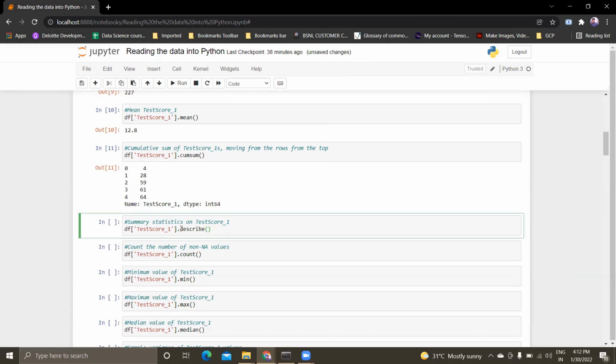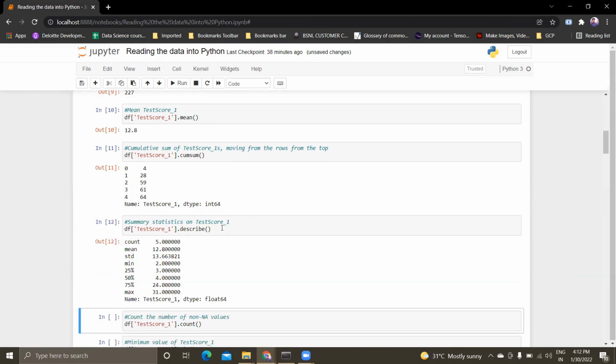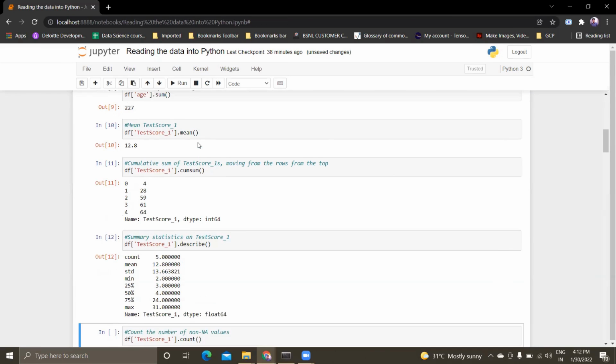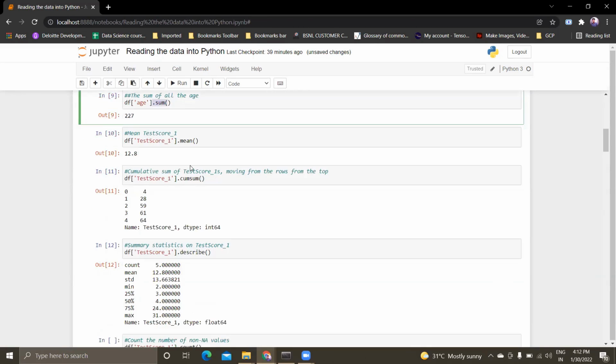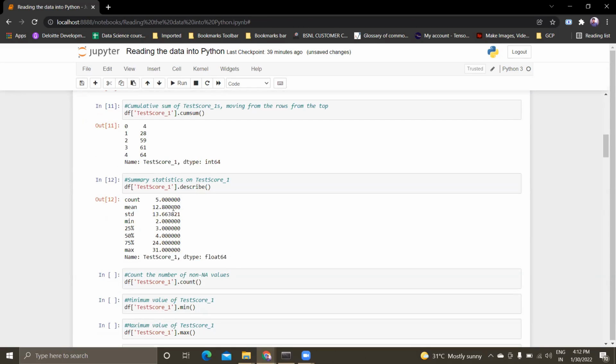And describe is an actual method which is present inside the pandas library. If you wanted to get them individually, you have to give sum, mean, all those things. So this describe function will get all the basic statistics of a data frame. What is the count? What is the mean? The mean is across the data frame.